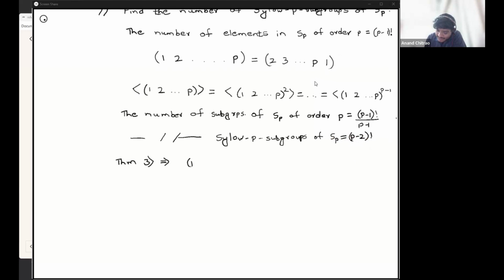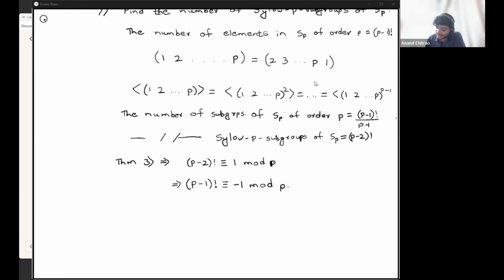So this implies that (p minus 2) factorial is congruent to 1 mod p. Multiplying by p minus 1 on both sides, you'll get (p minus 1) factorial is congruent to minus 1 mod